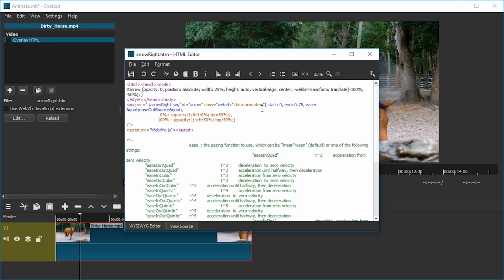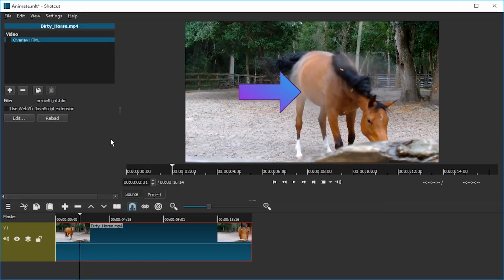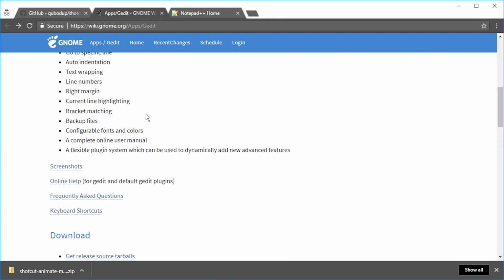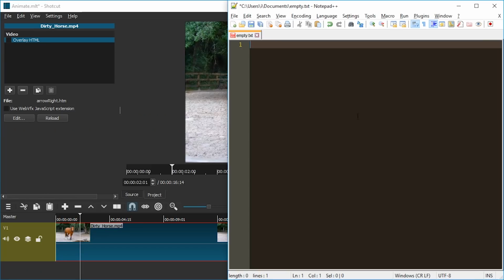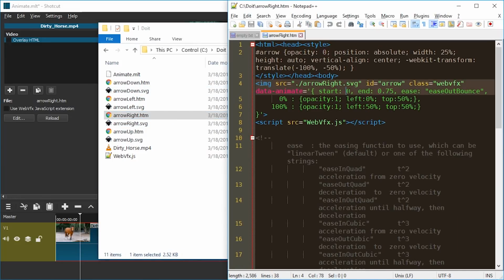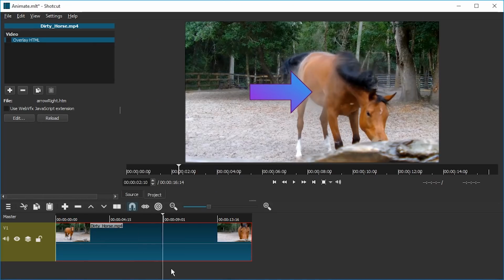However, it adds things like it replaces the single quote here with a double quote, replaces these quotes with ampersand quote semicolon. This seems kind of dangerous to me, so just don't use that. I recommend you use Notepad++ on Windows or gedit on Linux or Mac. I'm going to use Notepad++ here, and I'm just going to drag arrow right into the editor here. And we can see it starts at 0 and ends at 0.75, so at 75% of the clip length, the